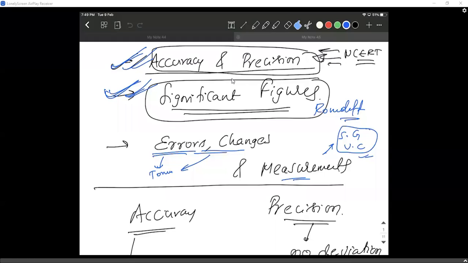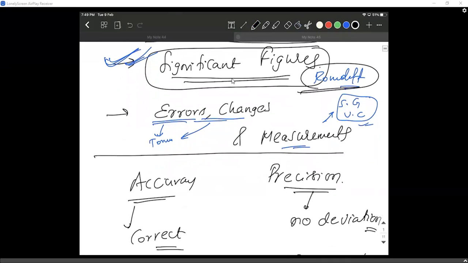Yesterday, in yesterday's session, we talked about accuracy, precision, and significant figures. I pretty much covered a lot of ideas, and I asked you to go through the NCERT textbooks. I hope you have gone through the NCERT textbooks and read all the significant figure rules and accuracy and precision. If there are any doubts regarding significant figures, please let me know. I also covered rounding off, and how to do it. Today's class will be about this.